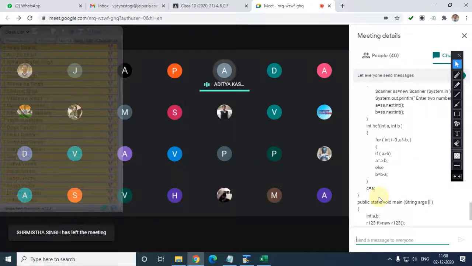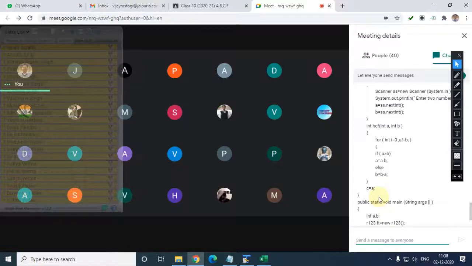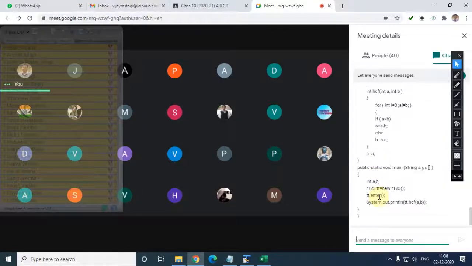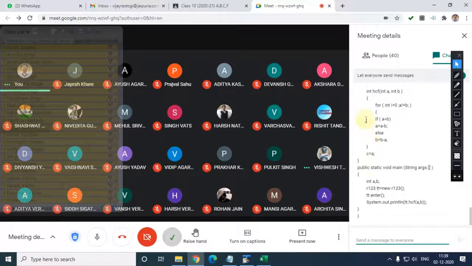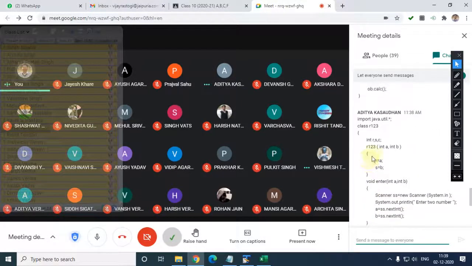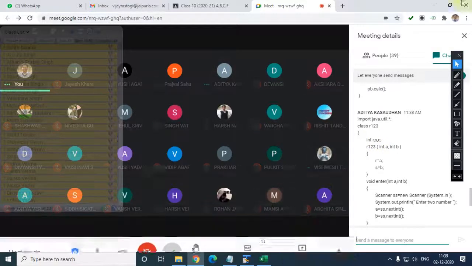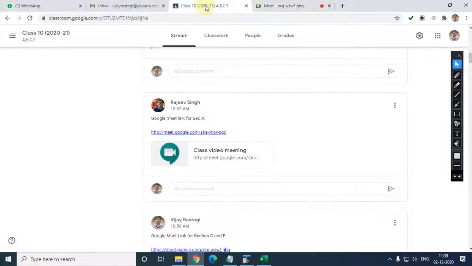Sir, I have posted the program, sir. But I am checking. Sahu Sahab, very smart, huh? But you will get an error. This is wrong, because in the end you are not using the return statement and the function is returning. Right, beta? Rest is fine. So after C equals A, do it, return C. And C is not required as a global variable. Okay? Okay, sir. Yeah, who else has posted?